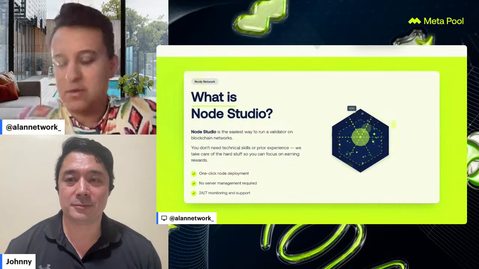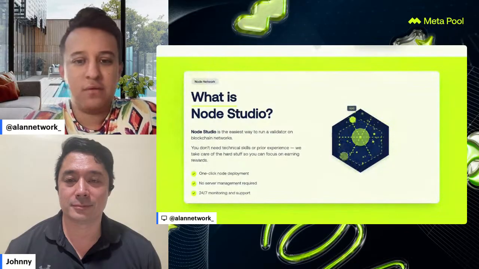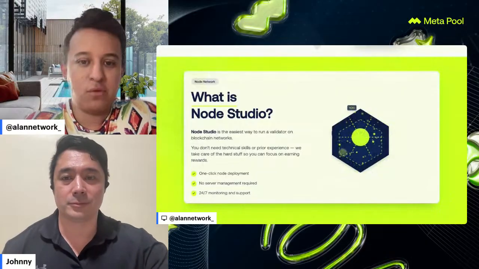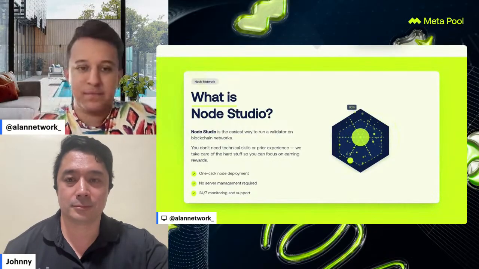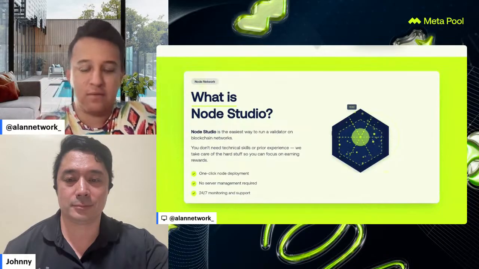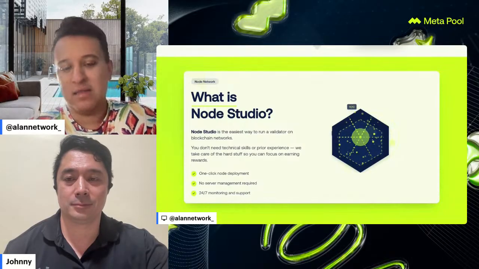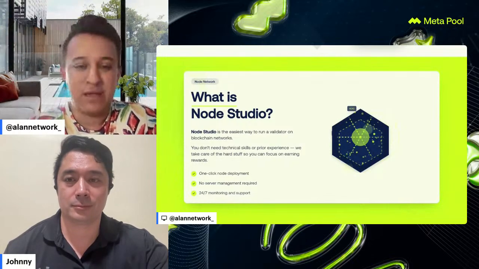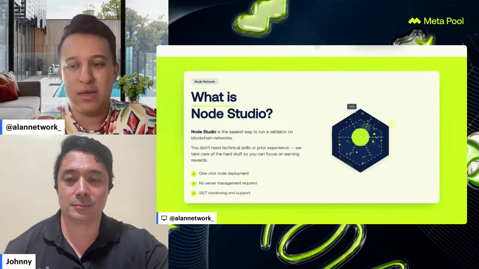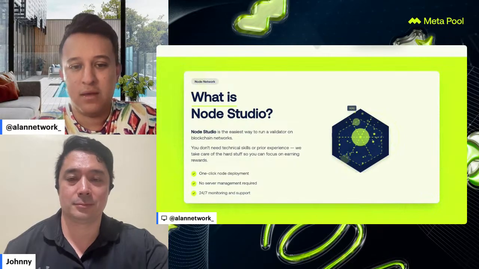Awesome. Yeah, and I want to mention that I think we haven't highlighted this yet, but remember that along with Node Studio, we also have a program to support all the people interested in becoming part of the NIR protocol network as a validator. You have the infrastructure, the validator, the virtual machines, all of those technical specs that you require to become part of the network. But the other important thing is that you also need staking on a proof of stake token in a proof of stake based network. So on that side, we have a program here for you at Meta Pool that can allow you to become part of the NIR protocol network.